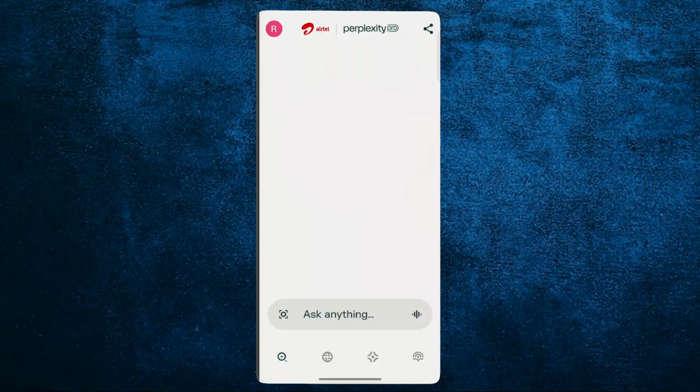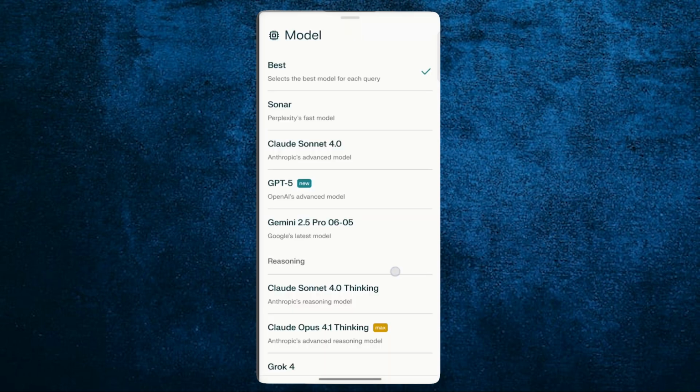Once you've upgraded, you'll see a small button or icon that says Choose a Model. Tap on it and you'll get a list of models to pick from. For reasoning tasks, you'll find options like DeepSeek R1, O4 Mini, and Claude 4.0 Sonnet Thinking. For general use, there are models like Sonar, which is Perplexity's fastest, Claude 4.0, GPT 4.1, Gemini 2.5, and even Grok 3 from X. All you need to do is select the one you want, and it will be applied